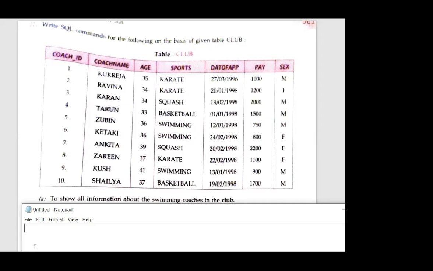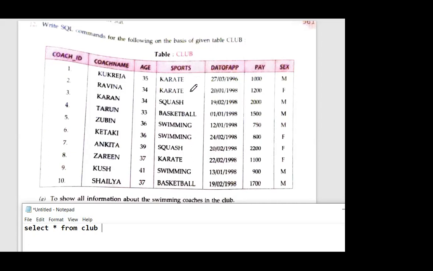Okay, we will discuss the answer. First of all, Naman wrong. First of all, it is given to show all the information. When you have to show all the information, it is select asterisk from your table name, that is club. Okay. Then they have given about the swimming coaches in the club. Now you have to see swimming coaches, how you will come to know, that is why with sports.